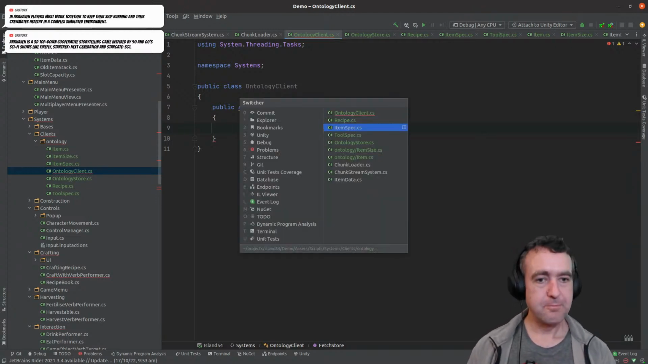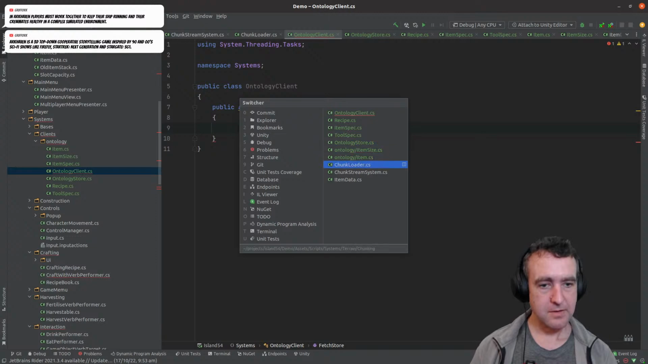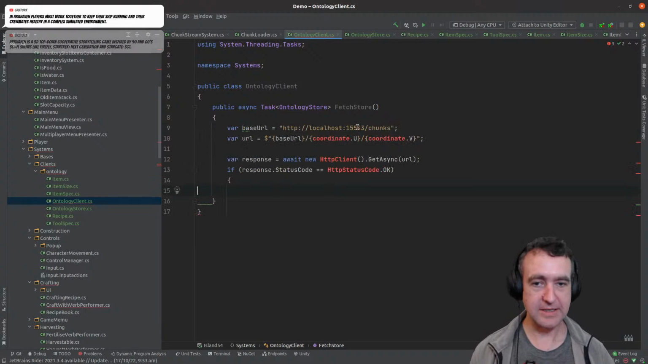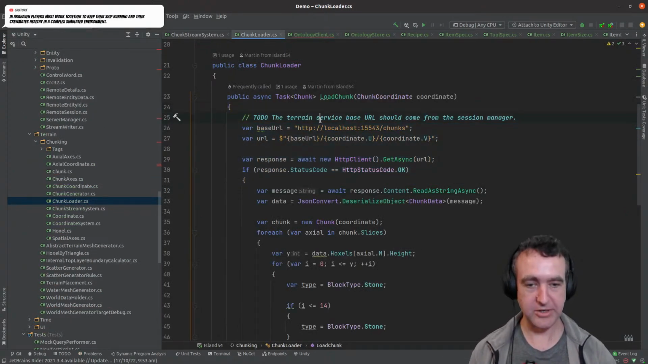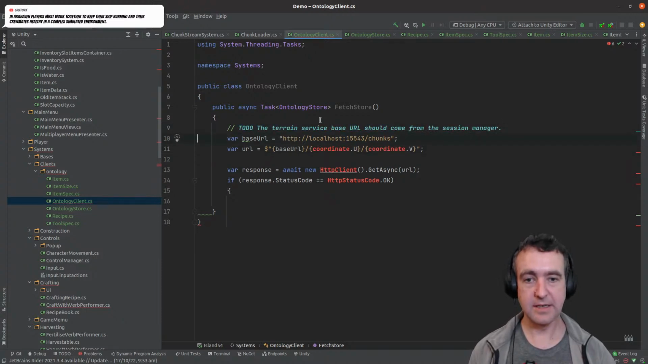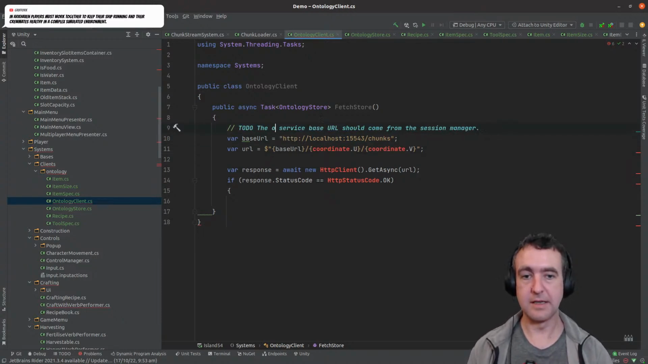All right. Let's look at the chunk loader. We'll grab this code, do something like that. We do need this to do. We've got a similar issue here, which is the ontology